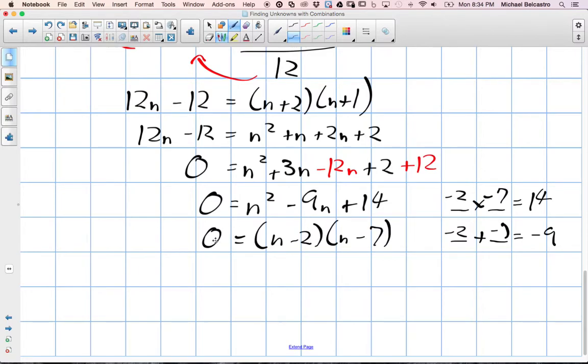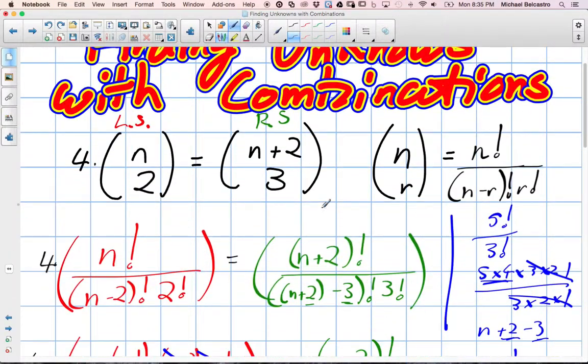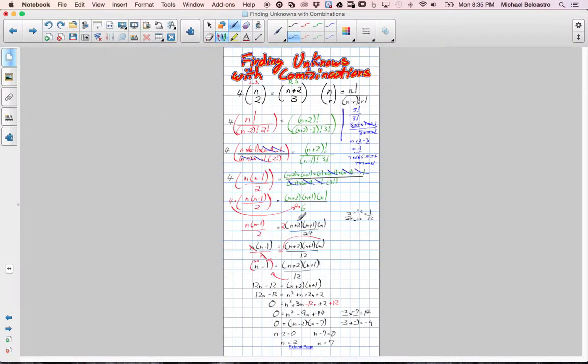Because it's set equal to 0, we'll get two answers. We're going to set each bracket equal to 0. So n minus 2 equals 0 and n minus 7 equals 0. This is interesting. We get n is 2 and n is 7, which means we can get two answers. So we did a whole ton of algebraic work, but apparently there's two acceptable answers here. 2 and 7 will both work for what we're doing here. And you can test them out by plugging it in to figure